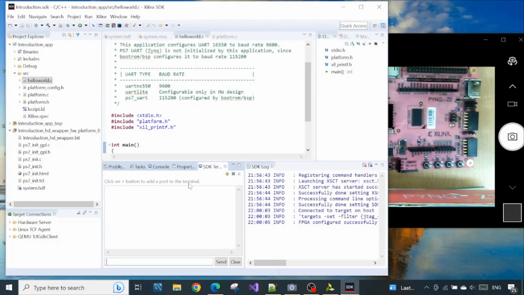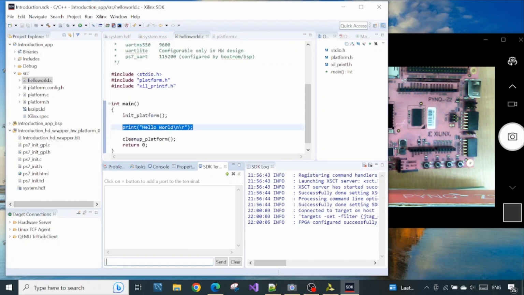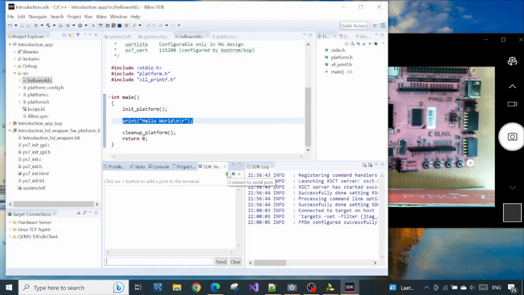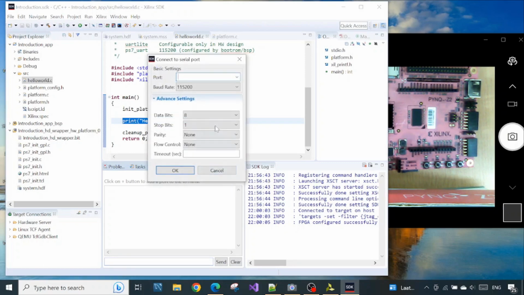This terminal is where we can see messages printed from this software or sent back from the Zynq chip. In order to have the messages, we need to have the communication established between my computer and the board. To do so, there is the green plus symbol here to add the serial port. We click Add, and then we choose the port where we connected our board. If you don't know which COM port my board is connected to, we can go to the